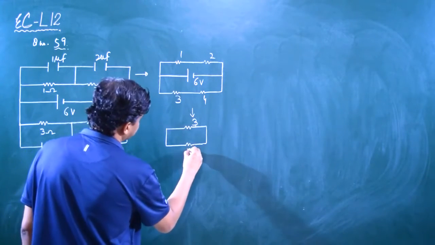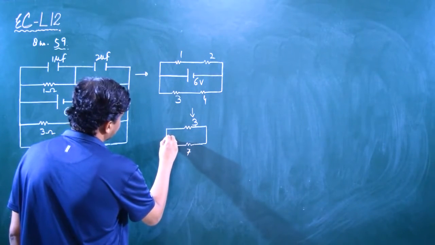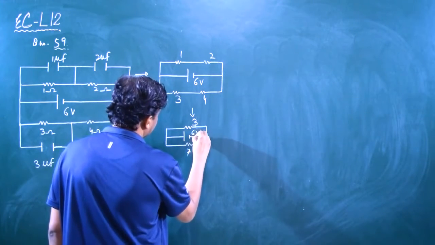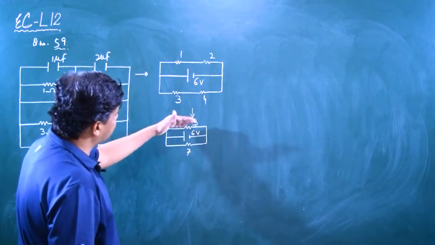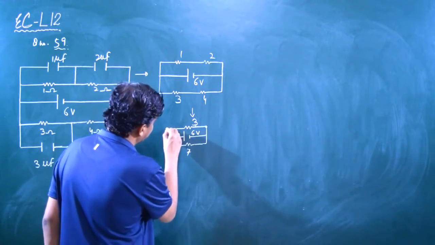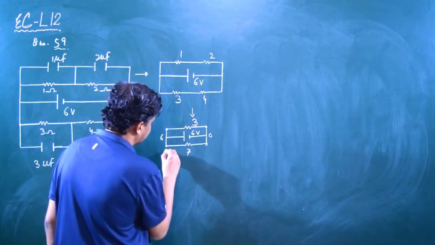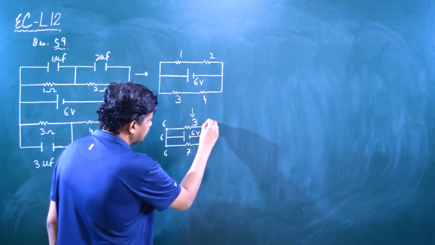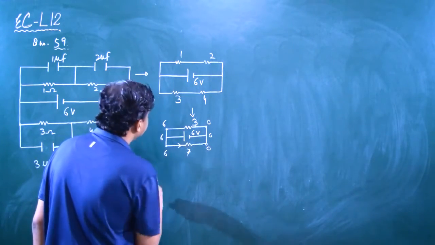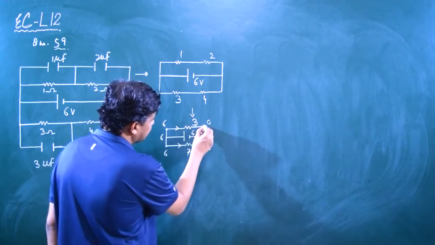3 and 4 we have, this one is what, 7, and the supply we have given what, 6 volt. Now see, these resistors are in parallel, 3 and 7 are in parallel. The potential drop across these resistors are what, 6 volt. Okay, here suppose it is 6, it is 0, here it is 6, 0, 6 and 0. Okay, then current flows from higher to the lower potential end. So potential difference here is 6.